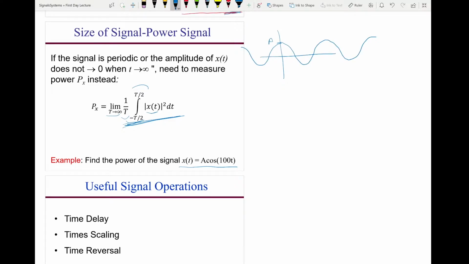So if I want to calculate the power of this sinusoidal signal, it's P of x, the limit... x of t is just a cosine, so that is... now I can take the A square outside and express cosine square as half of 1 plus cosine 2x. Use the trigonometric property. So this will be the limit